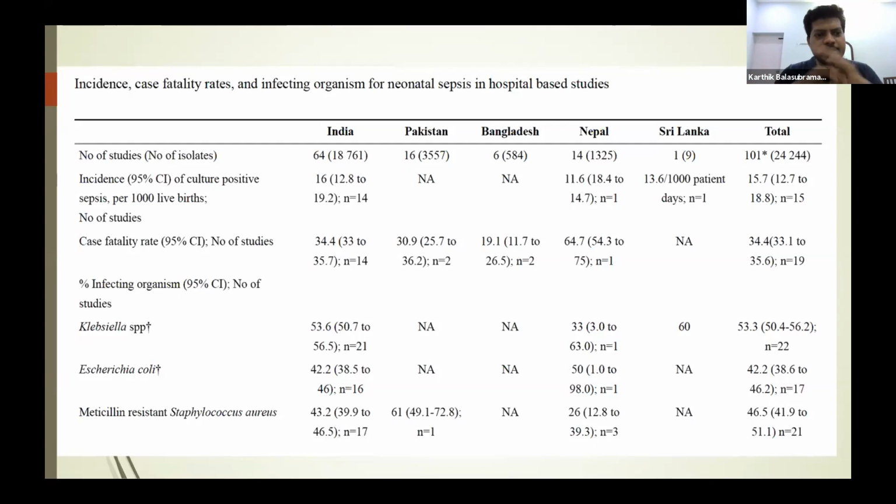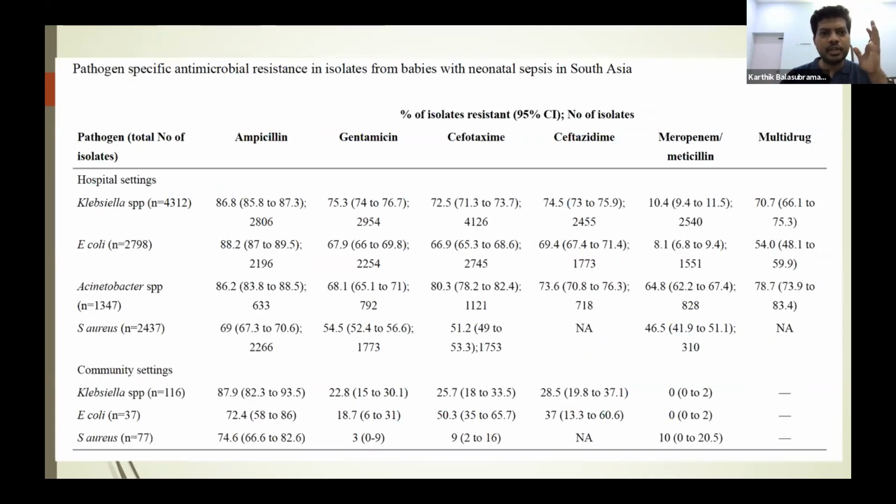In the sense, it's the same Klebsiella, E. coli, MRSA, which are contributing to culture-positive neonatal sepsis with a very high case fatality rate. And the reason for the very high case fatality rate is probably antimicrobial resistance. This is a study which includes both hospital and community-based studies. And again, when they looked at the sensitivity pattern of these microbial organisms,